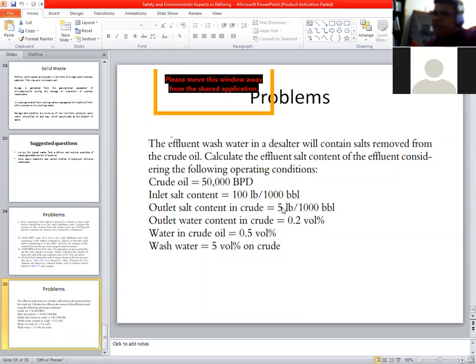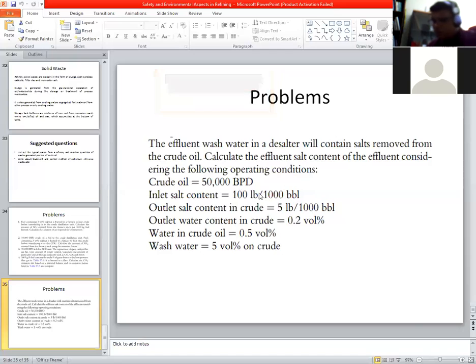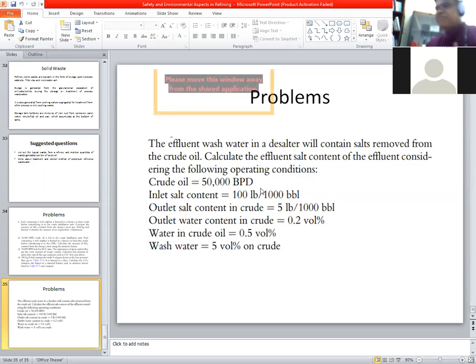So 100 minus 5 times 50,000. There is no need for conversion, because here also barrel, here barrel. So we will get, please do that. Let me cross check with you. Please do that fast. First step here, see, inlet salt content is given, outlet salt content is given, feed rate is given. So we will calculate the mass flow rate of salt removed by the desalter, or in other words